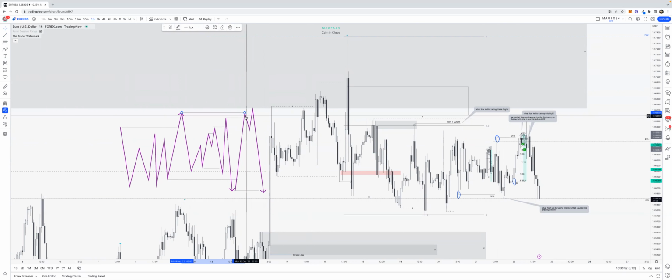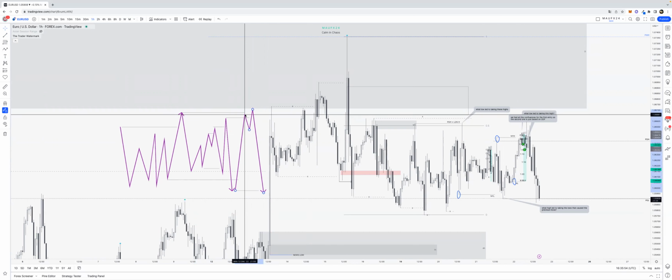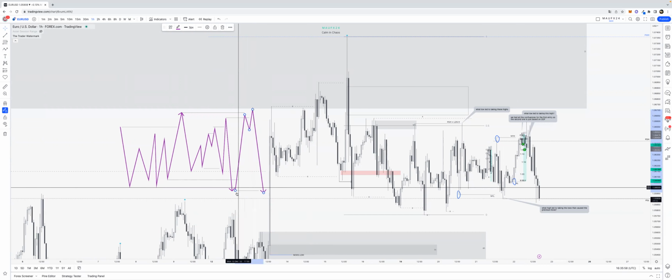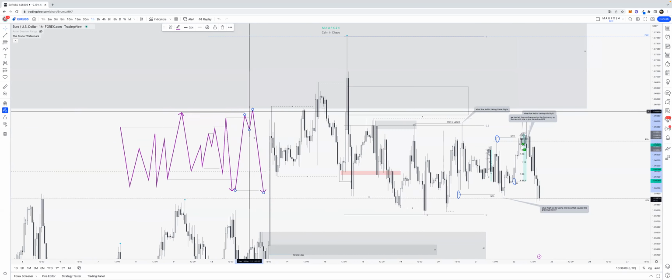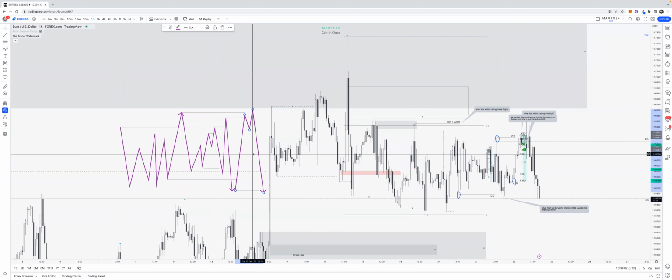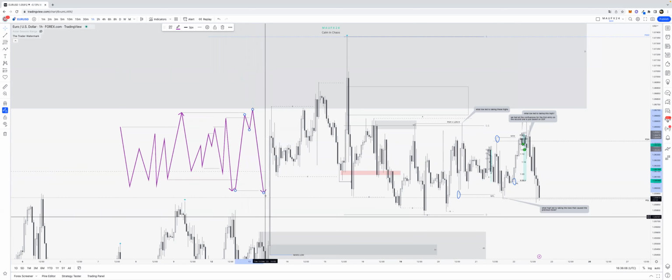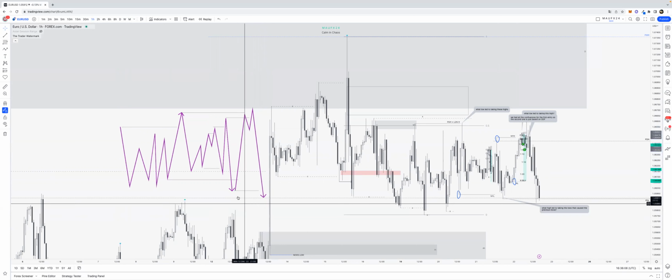Oh, hold up. And then that high was taken. And then what can we target? So this was the low that led to breaking these highs. So that's a new target, as well as Asia low. And what can we see? We broke to the downside again.